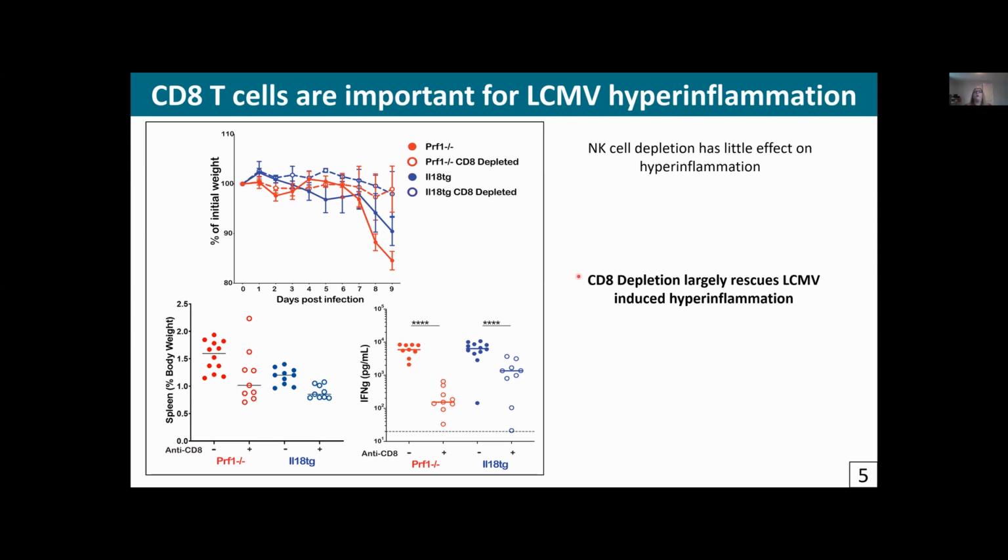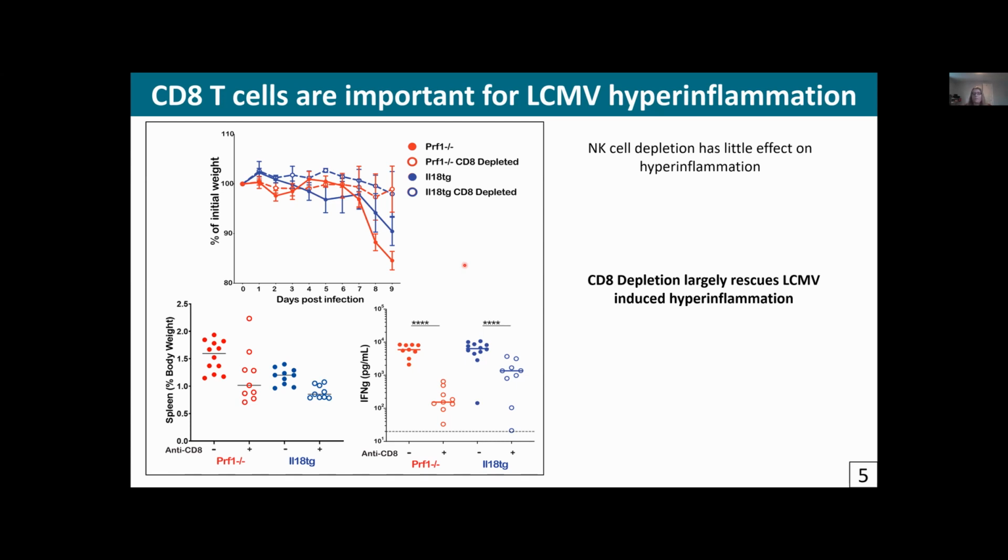However, when we depleted the CD8 T cells, which is the data that I'm showing over here on the left, it largely reduces all of the hyperinflammatory phenotype that we saw. And so this is suggesting really that CD8 T cells are an important cell type for this hyperinflammatory phenotype that